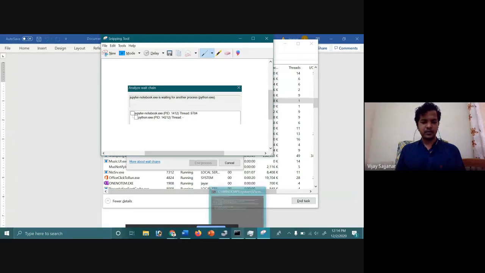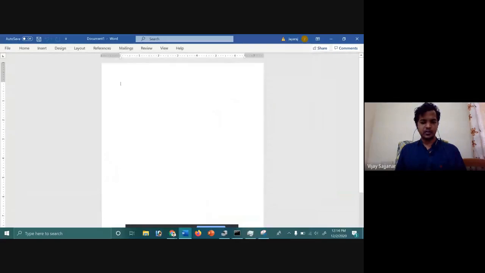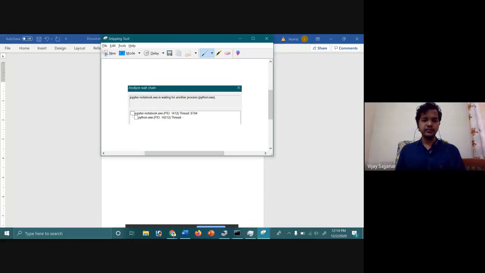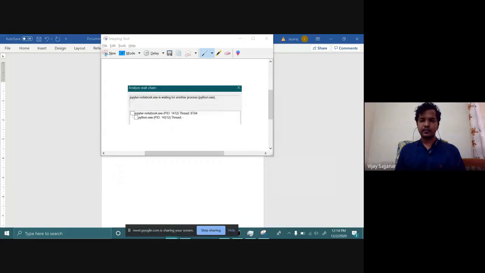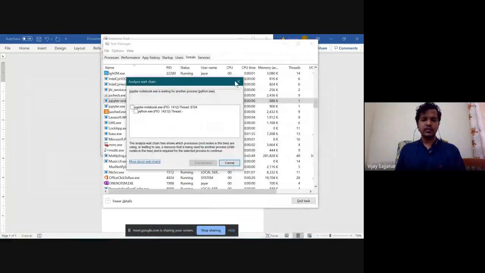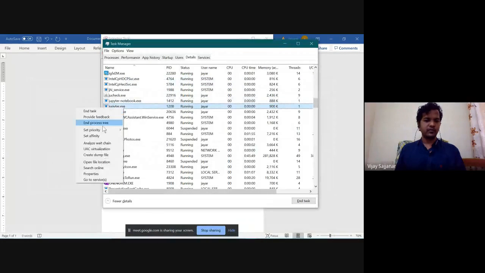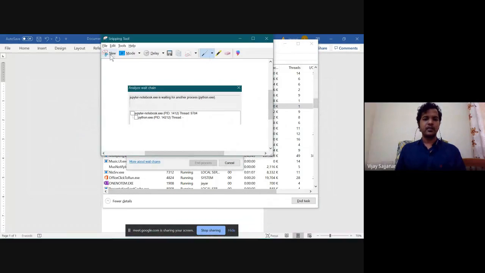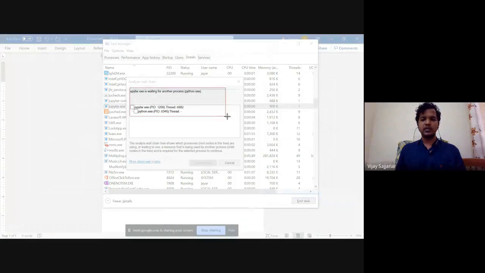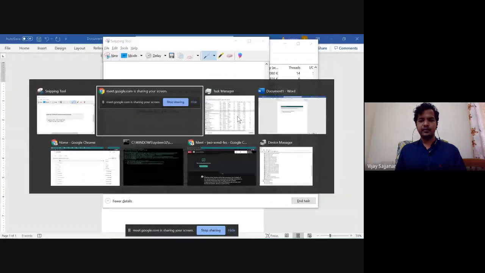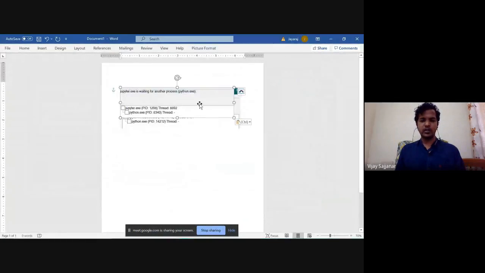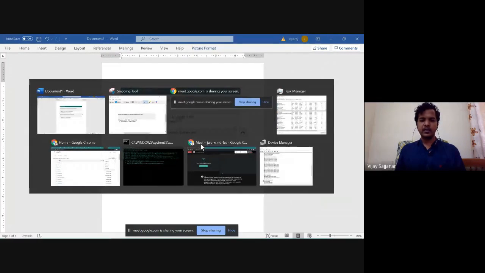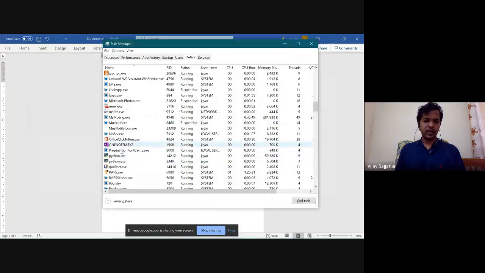Copy, Word document, paste. Sorry. This is for Jupyter Notebook. For Jupyter.exe, snip, copy, paste it in the Word document. We'll keep it below this so that we can compare. Next, for Python,